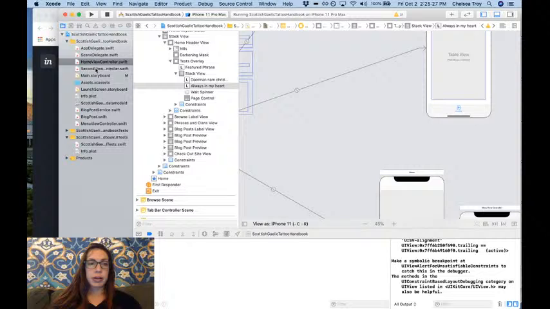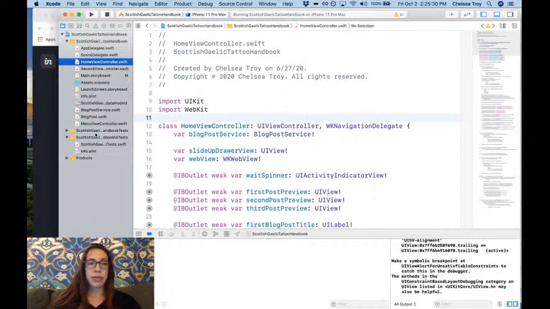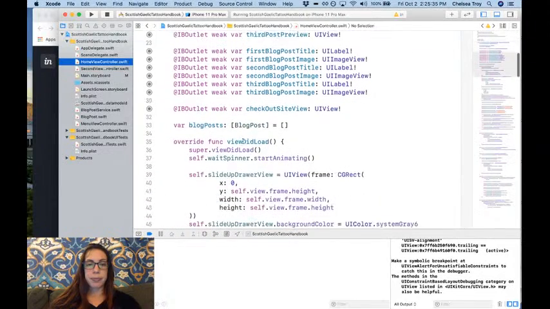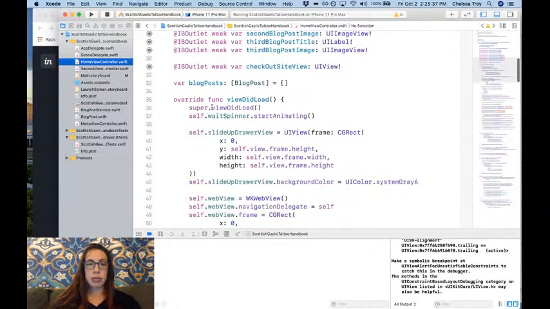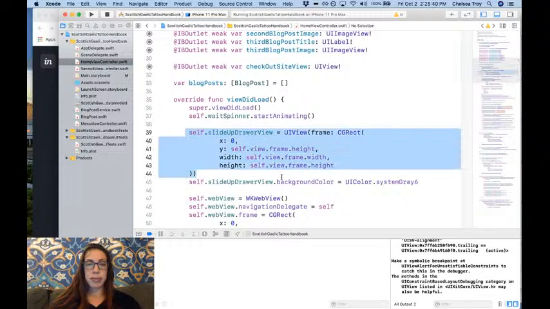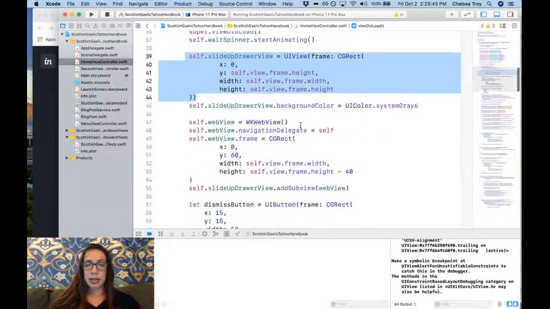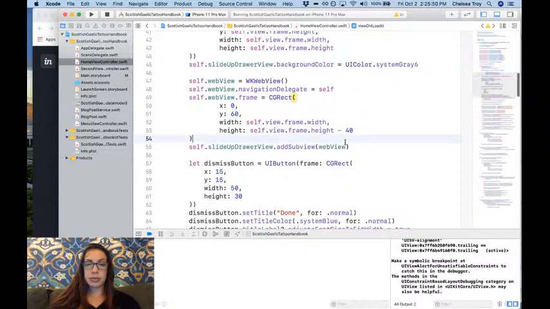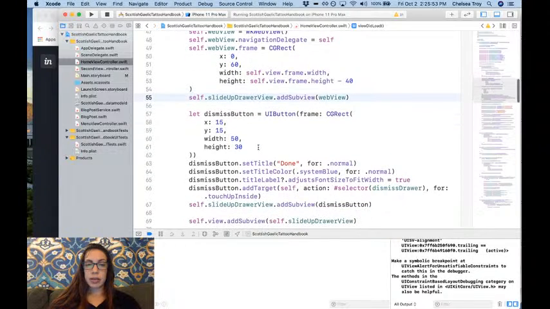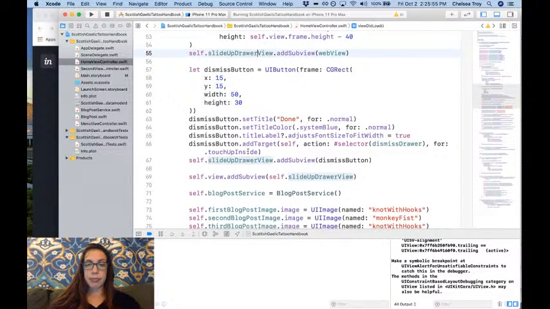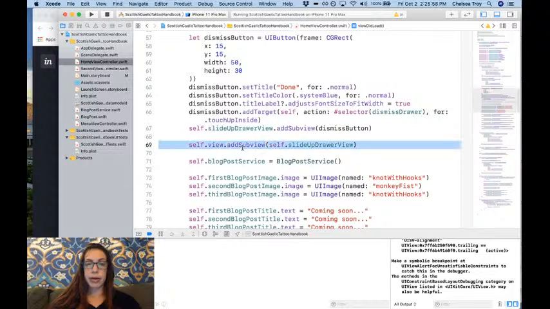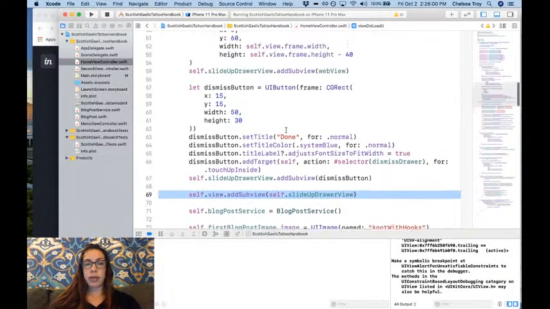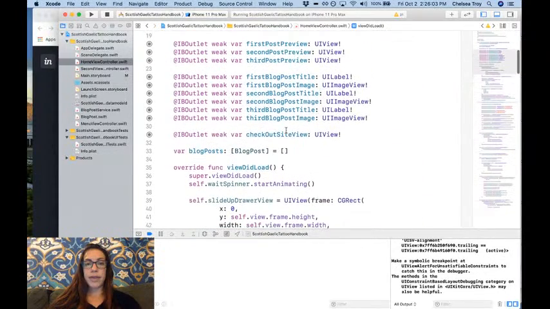All right. So let's take a look at our home view controller here. We might also move some of these into groups because they're not very well organized right now. So we got this view. This is the way we do it right now. We have this view that we make and that we stick in like so. Where do we add our slide up? There. So what I want to do is extract the slide up drawer view